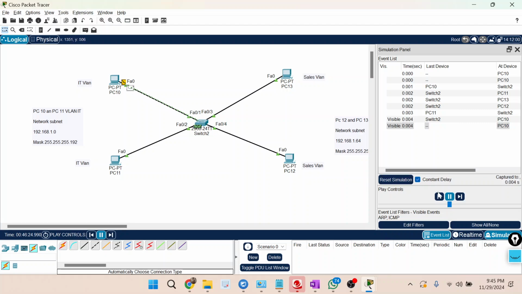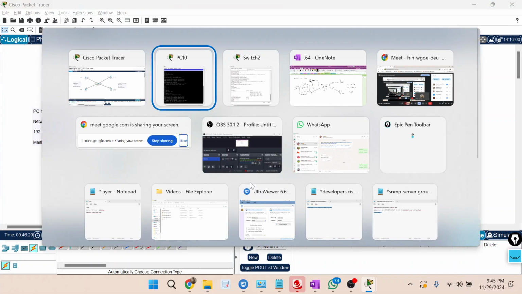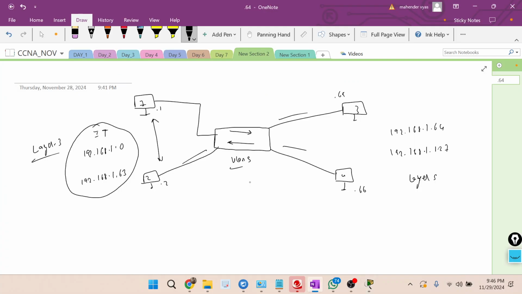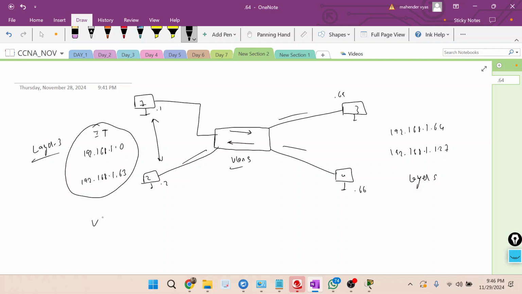So for creating VLANs, we add that switchport mode access and all, correct. Okay, see, there are two steps. First you need to create a VLAN database. So how do you create a VLAN database?